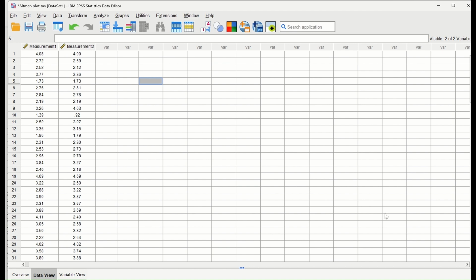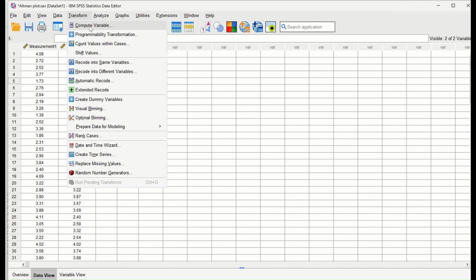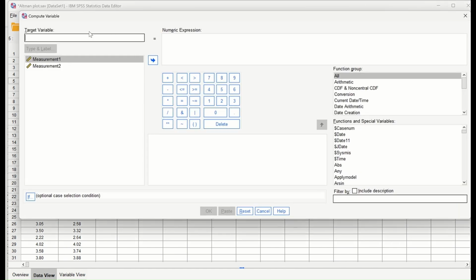The first variable for the differences between the two measurements and the second new variable for the average between the two measurements. And the way to do that is to click on Transform